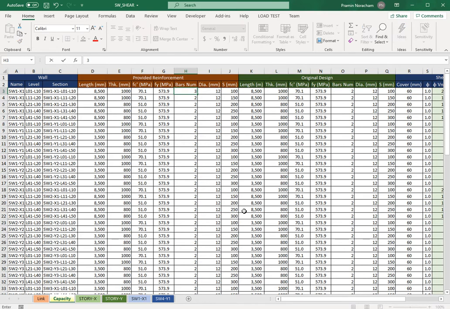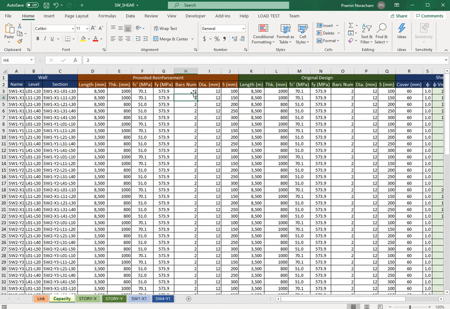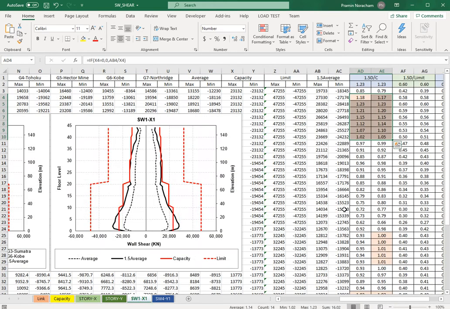Now we change to 3 legs and go back to see the result. Now the capacity is increased. You can recommend to the client to increase the reinforcement, for example. Because all values in here contain the formulas that you can track back to see how PX calculated for you.